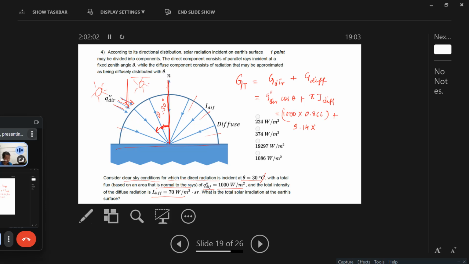So it is already given for which the direct radiation is incident with a total flux based on an area that is normal to the rays. So this is calculated from the normal to the rays. So this Q direct is given. This should be DIR, not DIF. So if we substitute the values, 1000 into 0.866, this is for cos 30, right? Theta is 30 degree. Now pi into I diffuse. So I diffuse is given as 70. So if we calculate this, we get this around